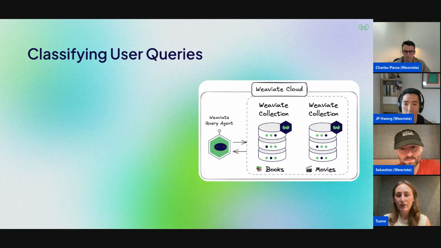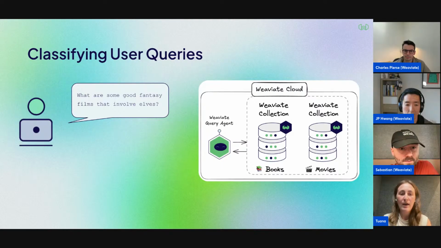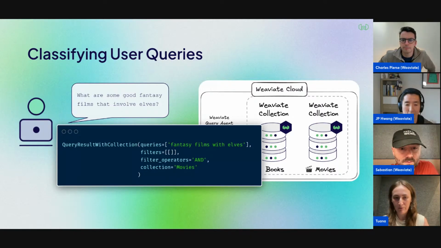So let's imagine a scenario where we have two collections, and we're actually going to build this in a bit. We might have a collection that contains books and another collection that contains movies. And let's say the user asks, what are some good fantasy films that involve elves? The query agent might go ahead and produce this specific search query that says, search through the movies collection, and my query is fantasy films with elves.